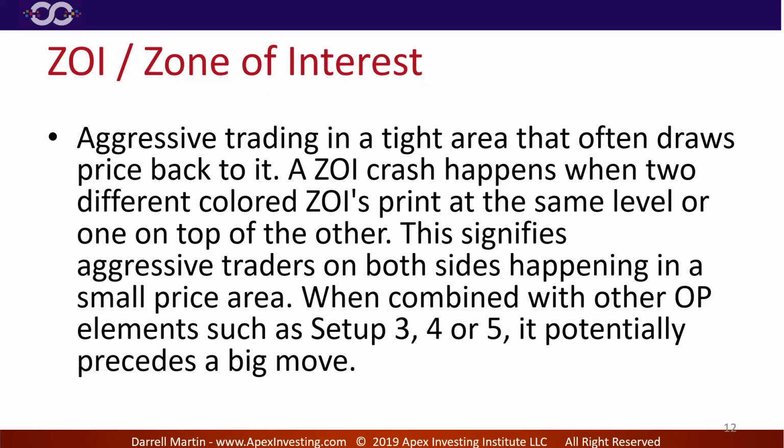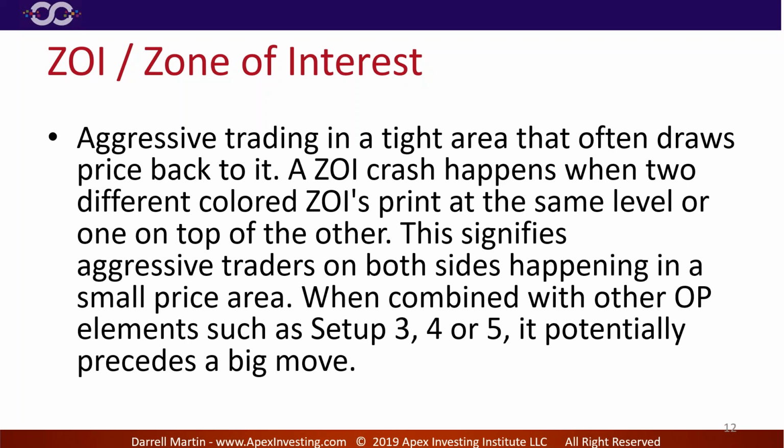But when two different colored ZOIs print at the same level or one on top of each other, that's called a ZOI crash. They're coming in like they're crashing into each other. That signifies that there are aggressive traders on both sides happening in a small price area. So when you've got a big battle of traders, meaning there's a lot of aggressive traders, and then you have a low volume score, meaning a lot of strength is being put in, and then you have a momentum star, which means they're really doing a hard push, and all this aggressive trading, and that bar prints right there, the ZOI prints,